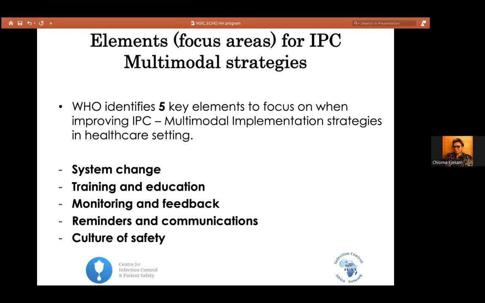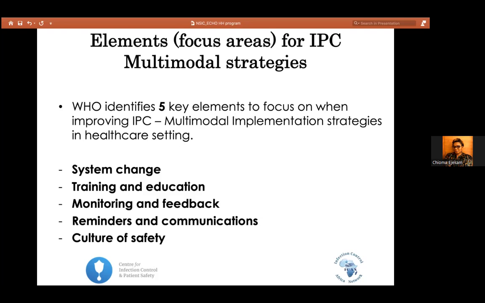This is what is called your multimodal IPC implementation strategy. There are 5 elements that have been widely researched and agreed as focus areas when you want to improve IPC, especially in healthcare settings.